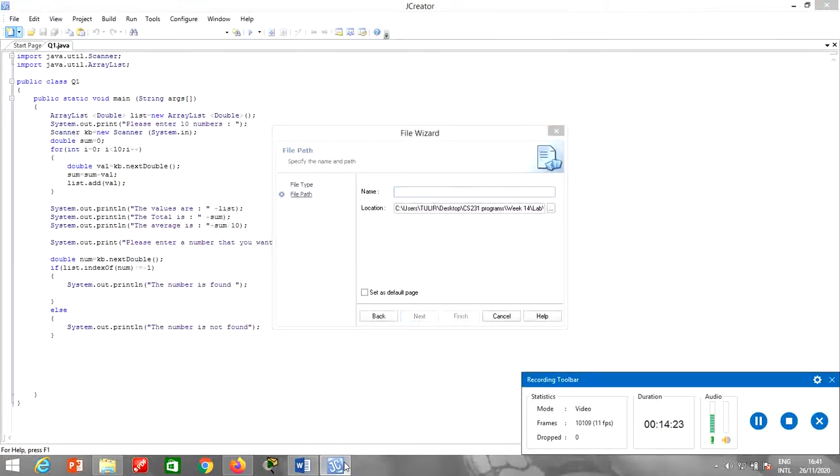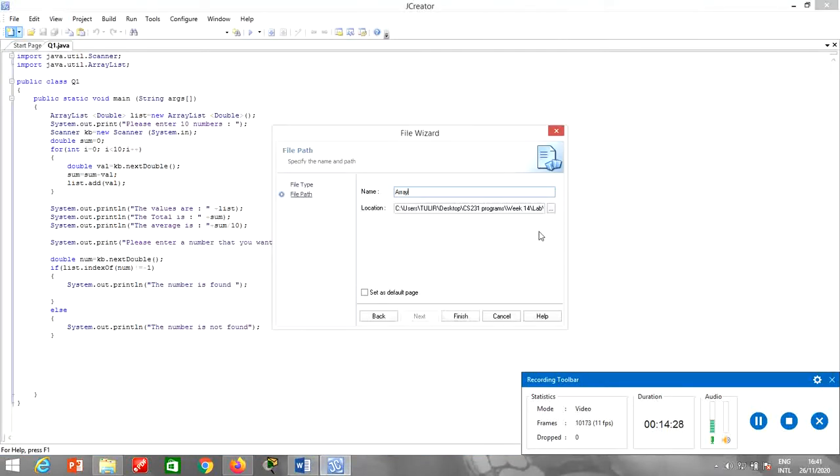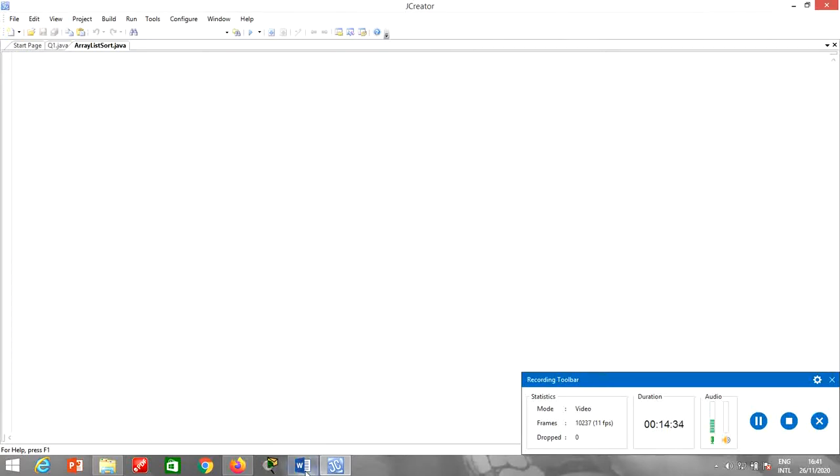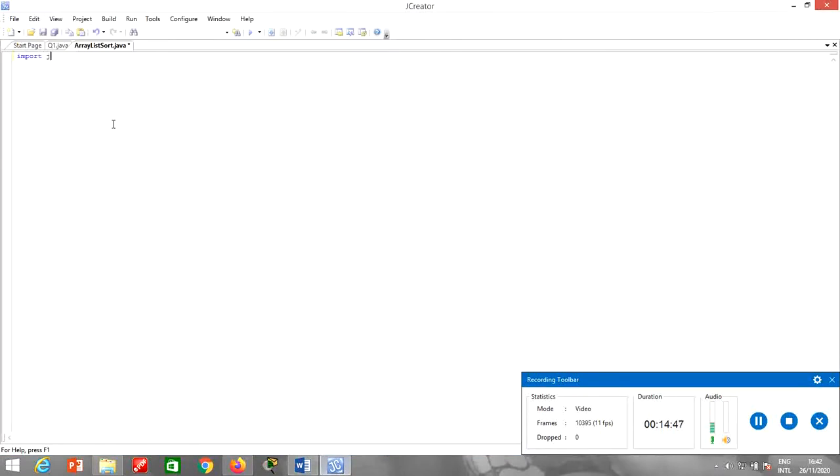So the name of my class is, let me just check it, ArrayListSort. What do I need to do here? It sorts the number. Okay. So I will take just util.*, import java.util.*. Alright, no need, if you want you can have a scanner class, because I can put the numbers statically inside my program. Okay,